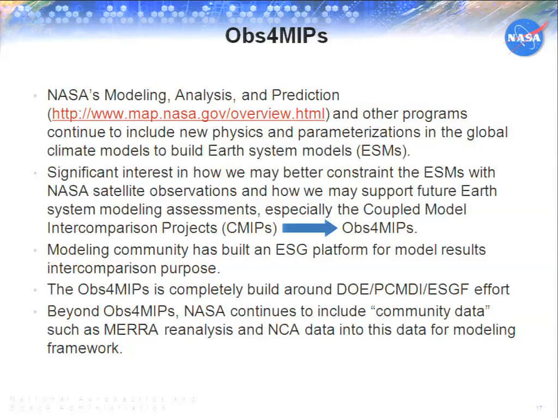And this is a summary of ObservaMIPS, using the NASA observation for the model intercomparison project, and the IT infrastructure that we all dislike so much. We are building it, trying to build it for many people to use. We started building this Earth System Grid Federation, ESGF. It's a distributed